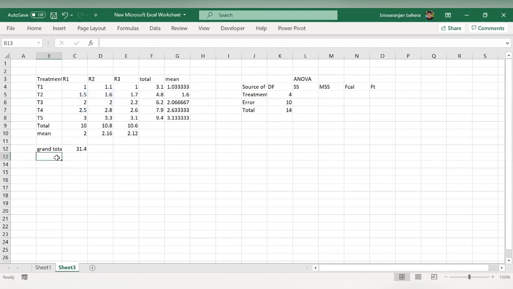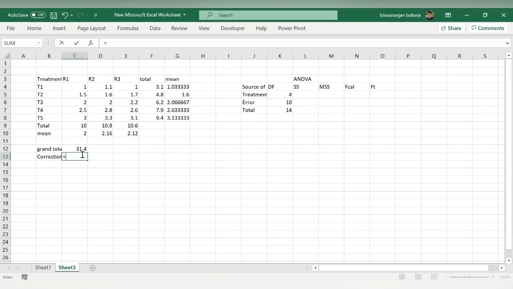Then we have to calculate the correction factor. So the first step is calculation of the correction factor. It is the square of the grand total divided by the total number of observations, including replication.